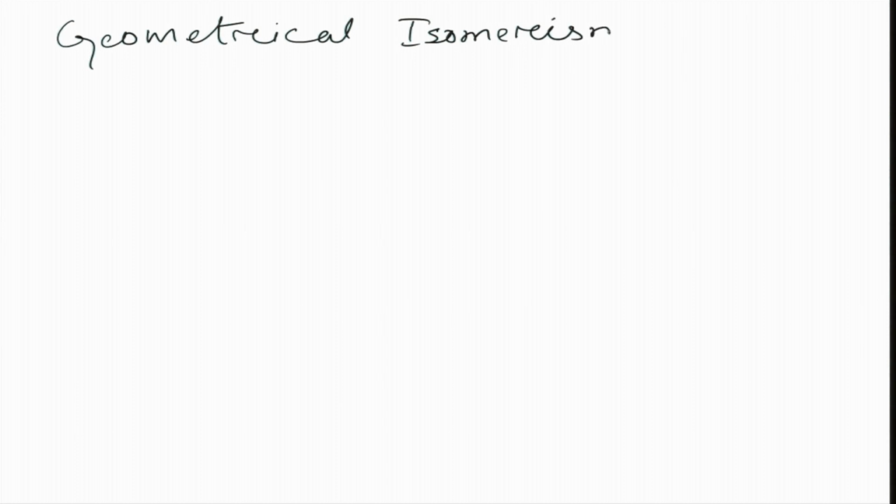We have discussed the structural isomerism of alkenes. Now in this lecture we will move on to the geometrical isomerism of alkenes. So let's start. Geometrical isomerism is a type of